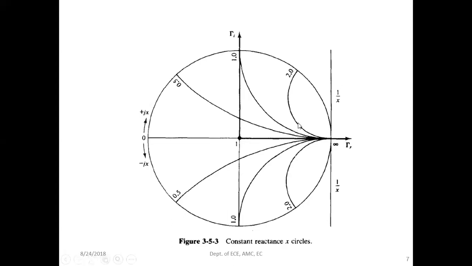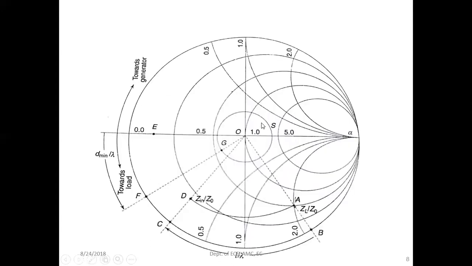Suppose this particular resistance value is say 0.2 or 0.3. So this will be 0.3, and the reactance it is pointing to here is 0.2. So 0.3 plus j0.2. Similarly, this one will be 0.2 minus j0.2. So whatever values come below the center line are all negative values of reactance. Similarly, above it will be positive values of reactance.